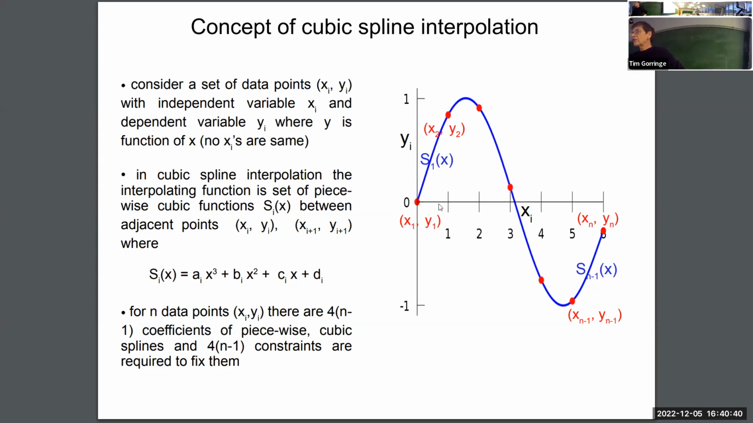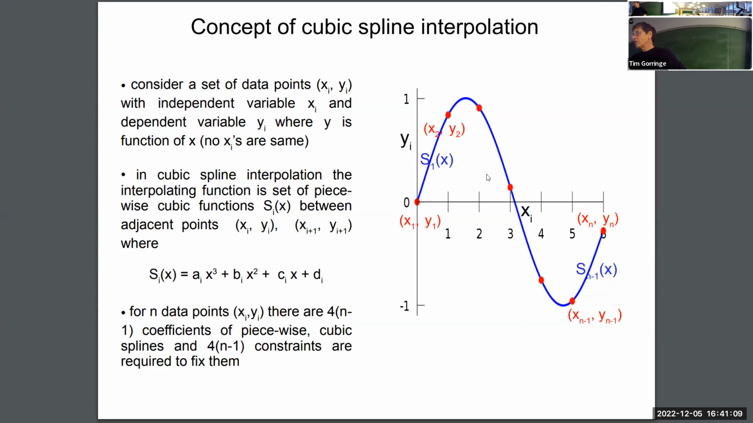So in this little sketch here, the same sketch as I used in the last class, we have a series of data points. X is the independent variable, Y is the dependent variable, and the subscripts label the various data points. So we have N data points here. And we are going to interpolate